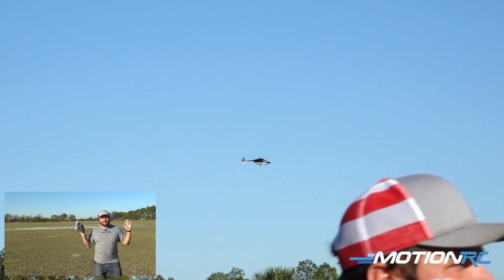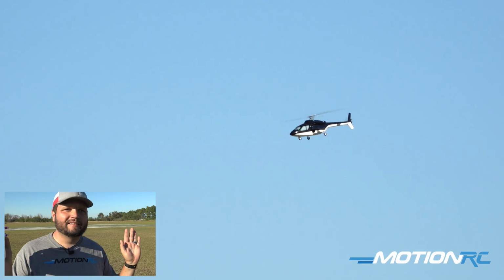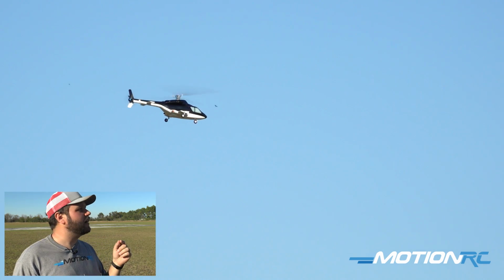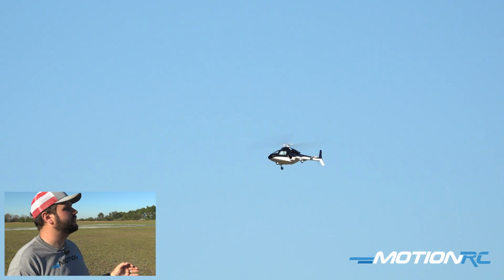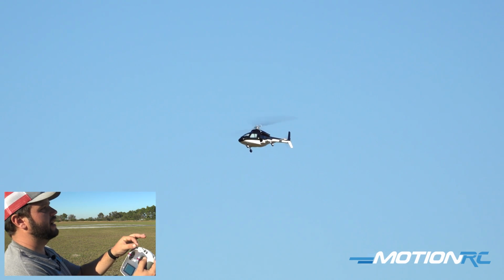So I don't even have to look at it. Right now I'm walking over here to the other camera. I'm not flying this. And it's going to fly in a circle on its own. It'll do this at any altitude. Make sure you're clear of the helicopter or any obstacles because it does not have obstacle avoidance. At any time I can flip it back to normal and the helicopter is going to stop right wherever I am. I can also flip it into figure 8 mode